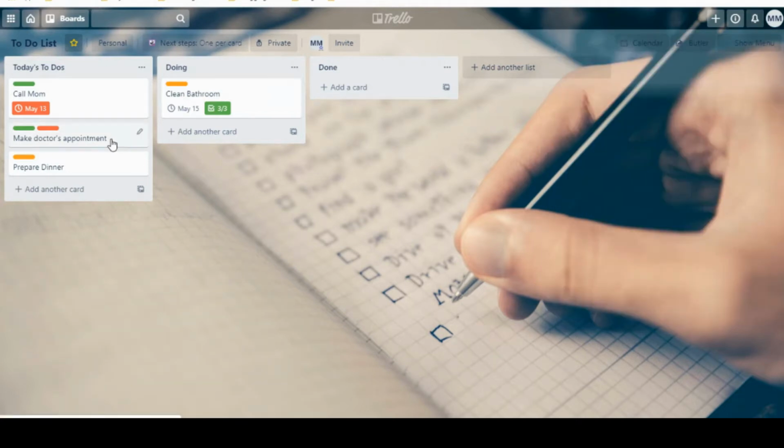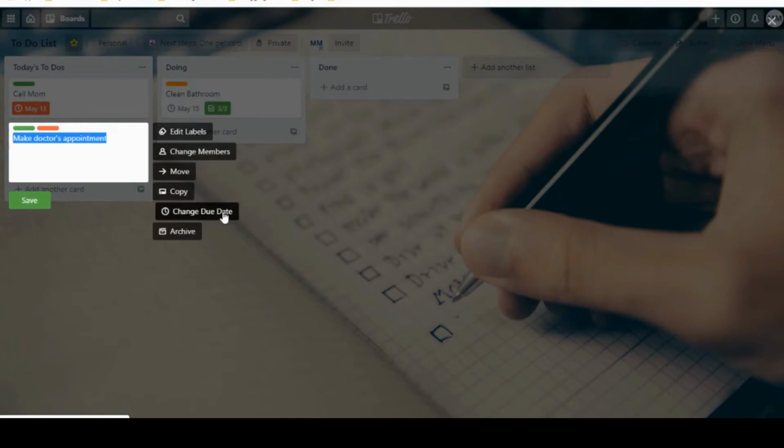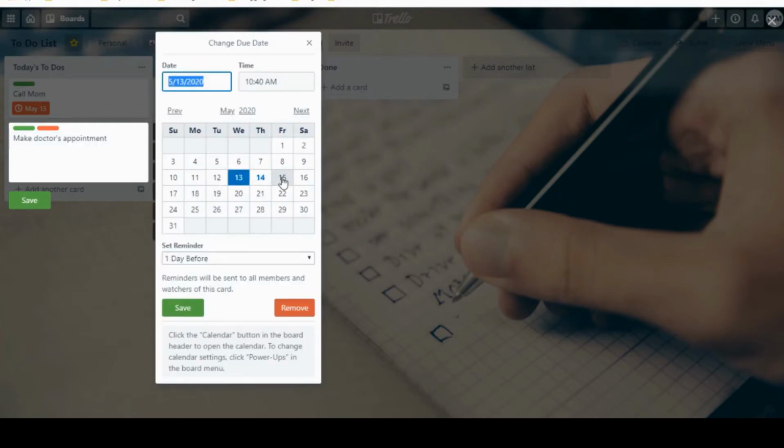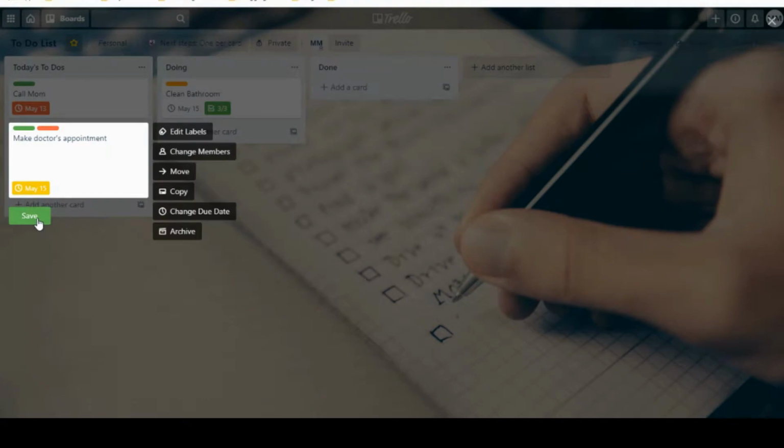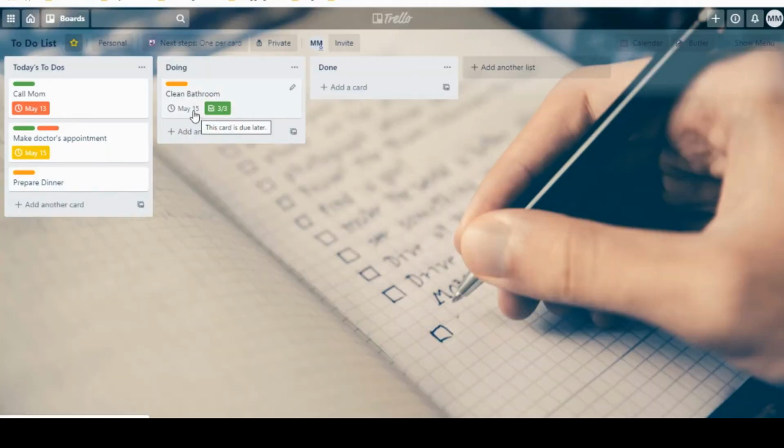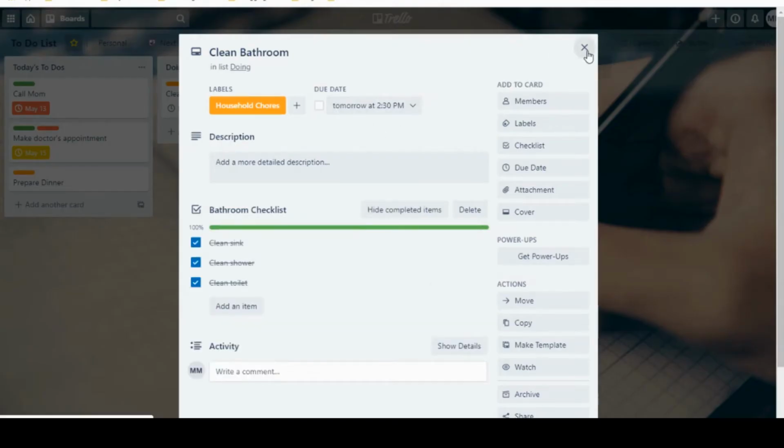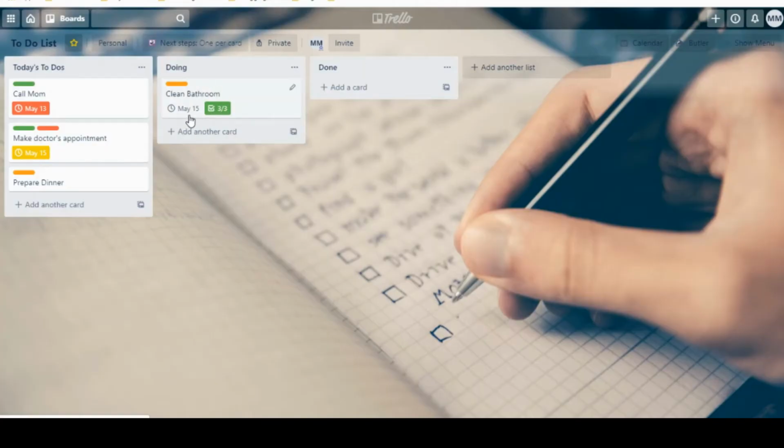So typically, if you're doing this now, and let's say this becomes past due, then it will show up here. And then if you have something that's due, say tomorrow, let's put a due date of Friday on here. Now this one's due on Friday as well, but this one's due later in the day. And so that's why this one's not showing up as yellow yet. But because this one is due in the morning, that's why this one is yellow now. So it's within a day. So now it's showing up as yellow.